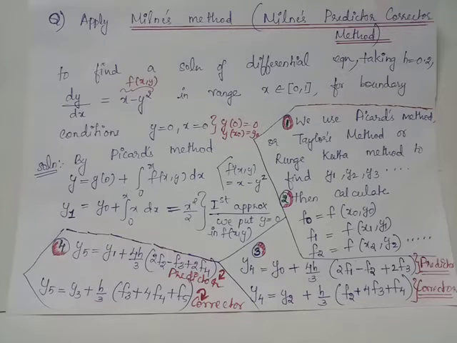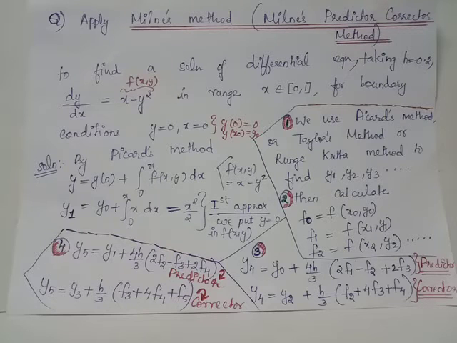In the first step, we will use either Picard's method or Taylor's method or Runge-Kutta method to compute values of y1, y2, y3, etc. Since we have dy by dx equals f of xy, from here we will get the expression for f of xy. In this expression of f of xy, we will give x equals x naught and y equals y naught, which will give us f naught. Similarly, when you give x equals x1 and y equals y1 in the expression of f of xy, we get f1. Similarly, we have f2 equals f of x2 y2, f3 equals f of x3 y3 and so on.